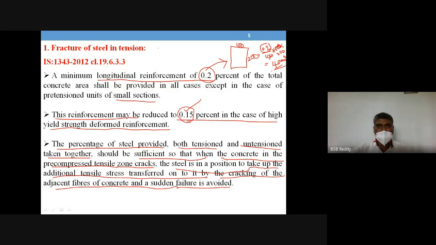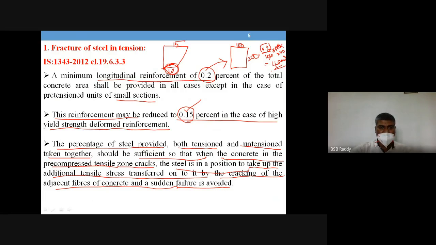So you just cannot say, for example, if this is the stress diagram where, as I said, this is like some 15 megapascal, and it's about some 10 megapascal. So this 10 megapascal, you just can't imagine that it will not be taken by concrete, and we don't expect any cracking and all that. Okay, so whether it is taken by concrete or not, you have to assume that. That is what is said in this third point: the steel should be sufficient so that